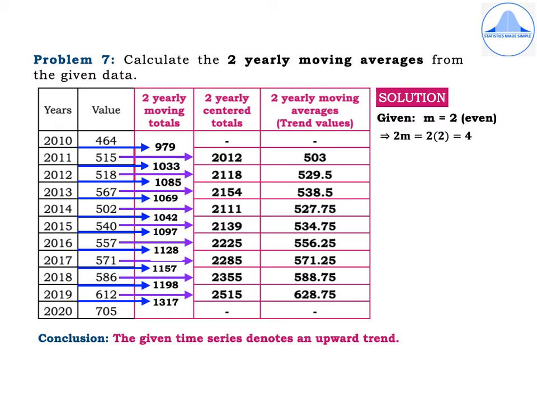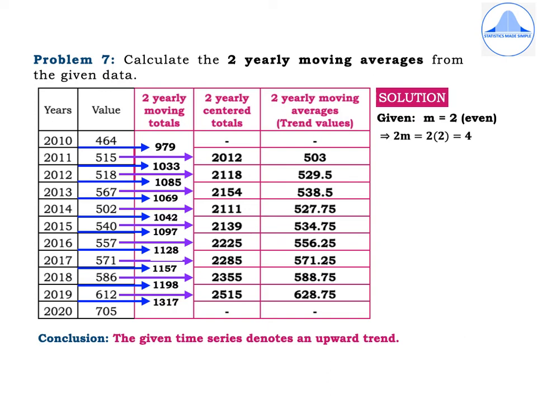Now, the 2 yearly centered total should be found out. That is, add 979 and 1033, which is 2012, and write it corresponding to their middle year, which is 2011, as I have highlighted with the purple arrow. In a similar way, when we add 1033 and 1085, we'll get 2118 and write this corresponding to 2012. Continue, and you will get the remaining 2 yearly centered totals as 2154, 2111, then 2139, 2225, 2285, 2355,